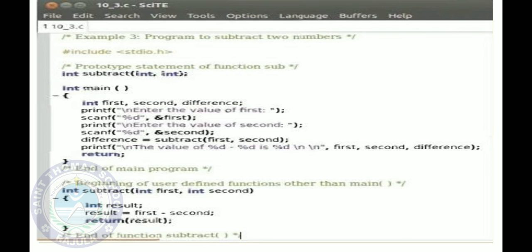So like this, the function is used to do the calculation of the subtraction. Like this you can divide the program into different small parts. So as for the subtraction, in the same way you can write a function for the addition, for the multiplication, like this. So like this we can create the program, and first you have to remember the basic program that we have discussed, without any type of logic, just to print a message on a screen.